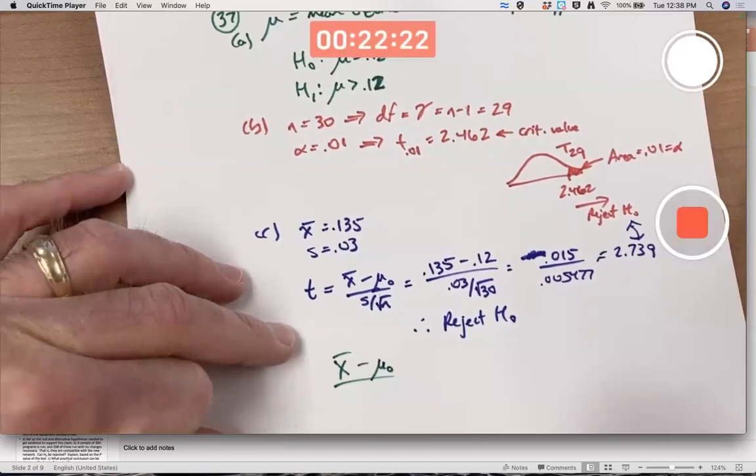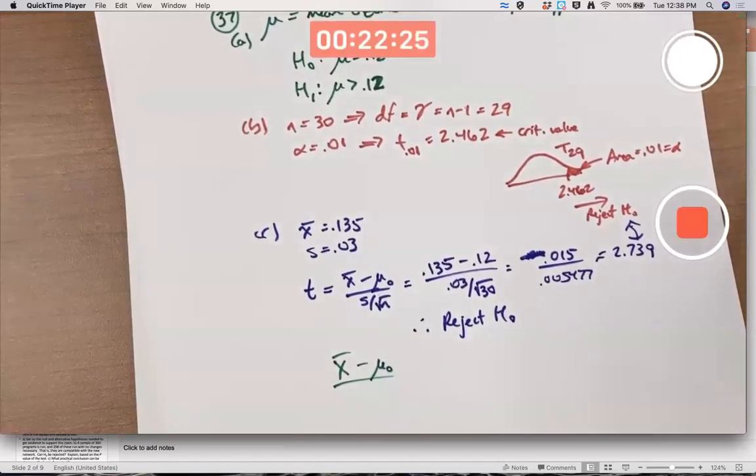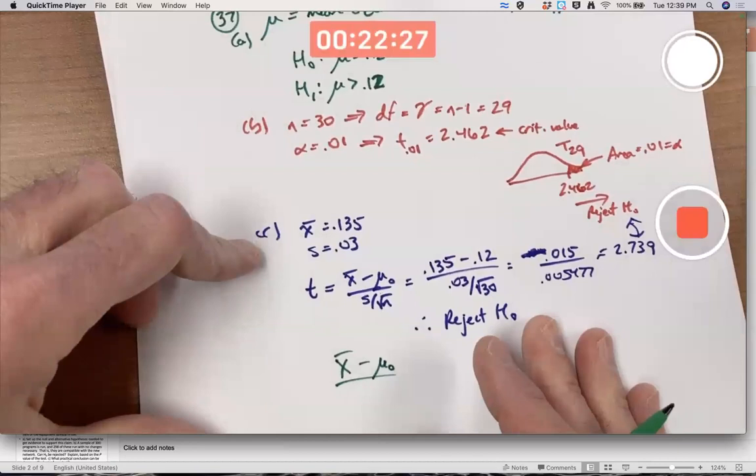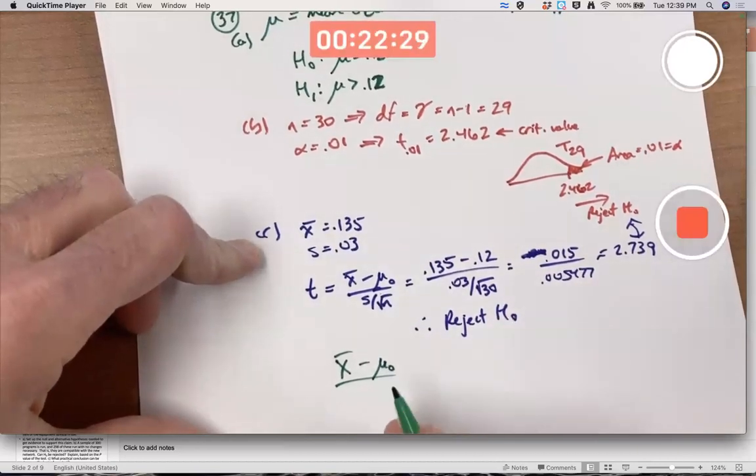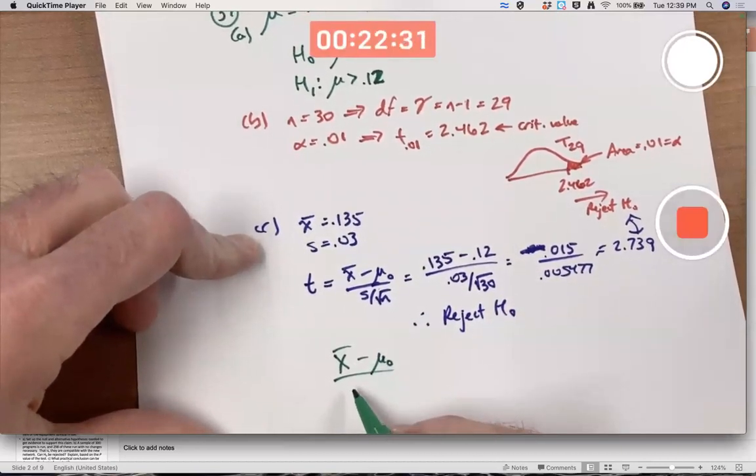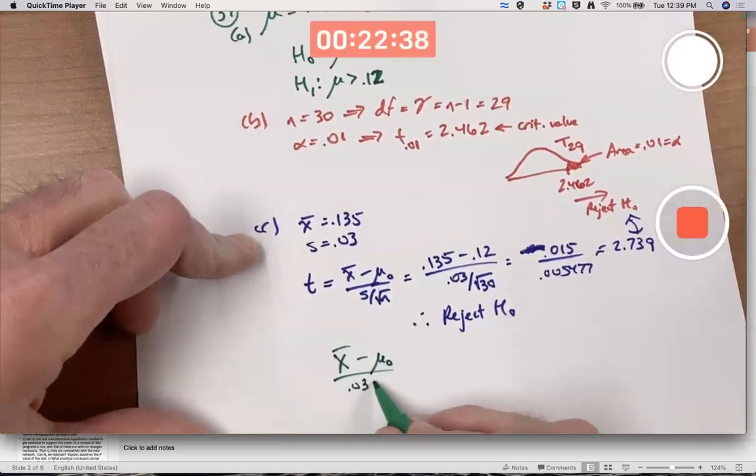Well, okay, this is a little bit not so good. The way we did it is the best way. I would have to use a specific value of S if I wanted to actually have a fixed rejection region in terms of X bar. So I'd have to actually use the observed value of S.